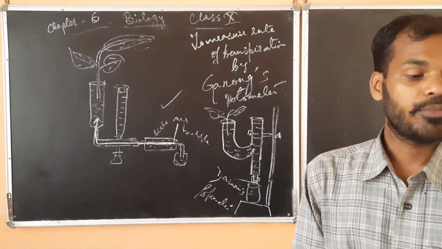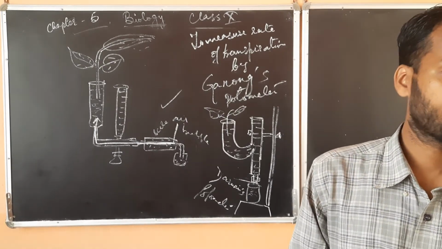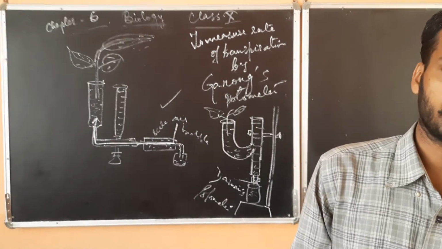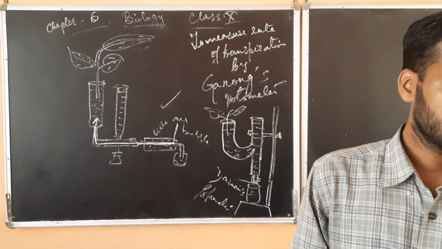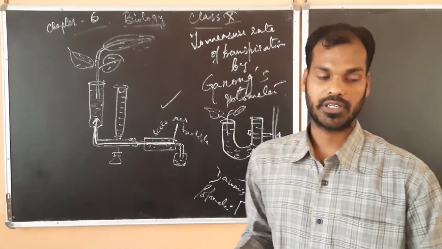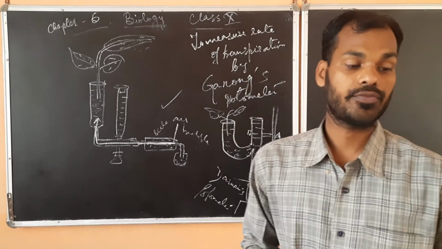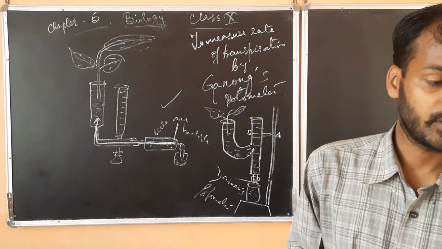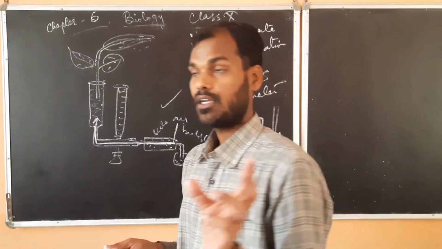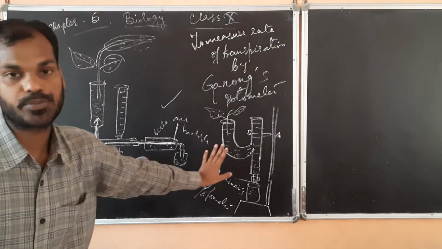Now coming on to the significance of transpiration. First, ascent of sap. Second, minerals are also absorbed. Then it is translocation of water. Then it increases the water absorption rate. And the rapid evaporation of water from the leaf and its consequent absorption of latent heat from the leaf tissues keep the temperature constant. So the temperature is kept constant with the help of transpiration.